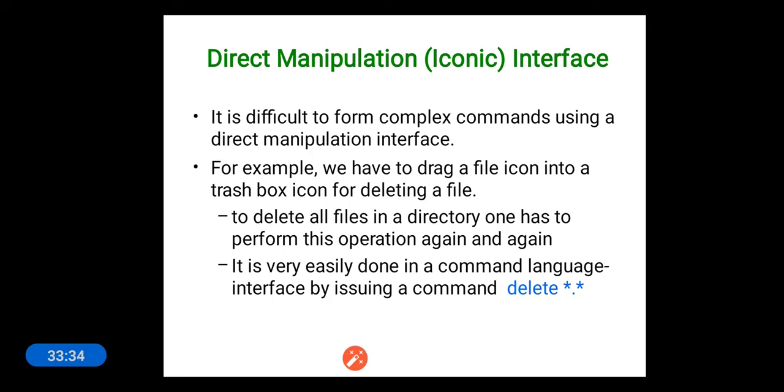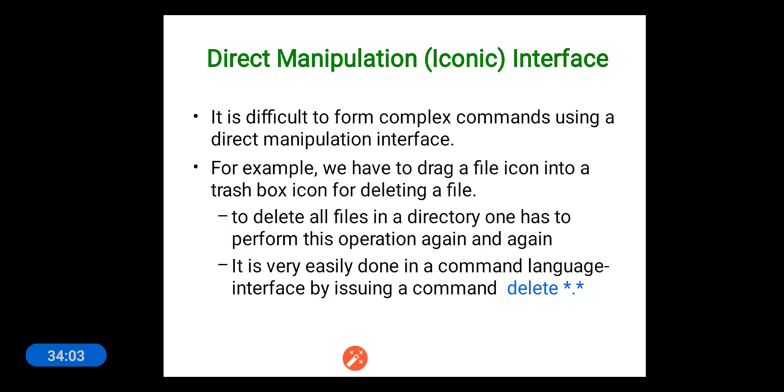That means he needs to select the file icon and drag it towards the trash box. Suppose you have only 2 files in the directory, then you can simply drag them and drop them in the trash box. But what if you have thousands of files? Then it will be difficult for you to drag and put them in the trash box.